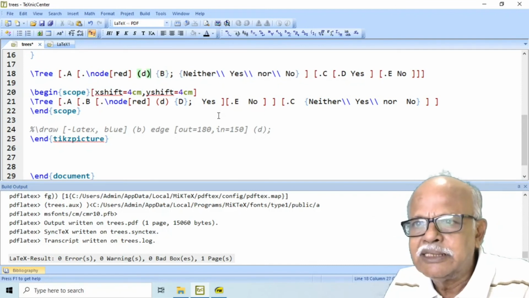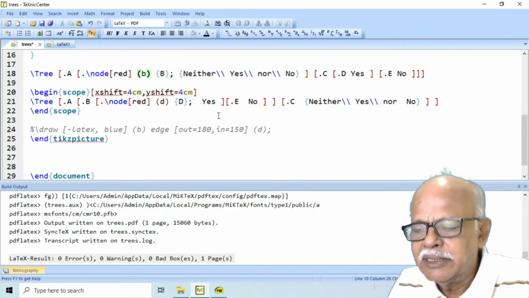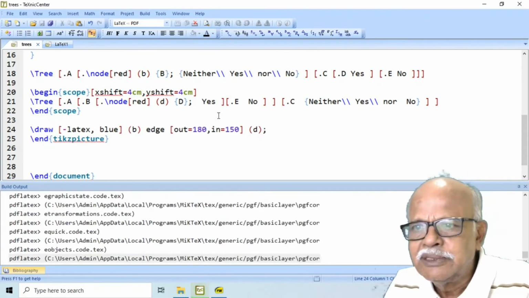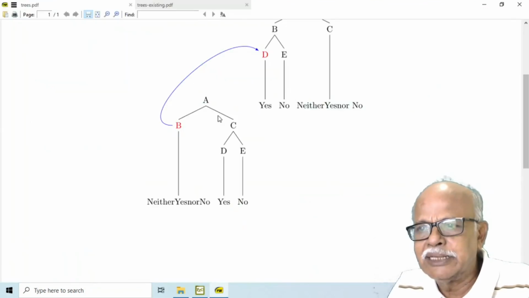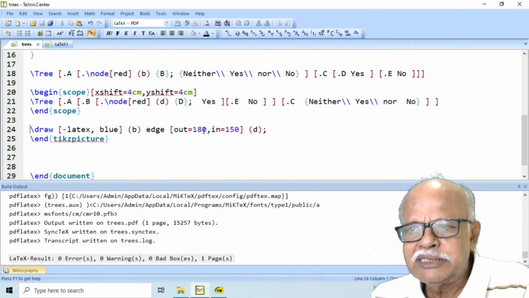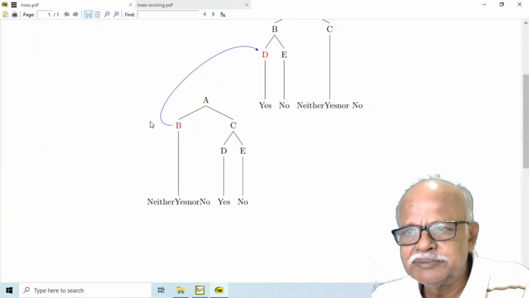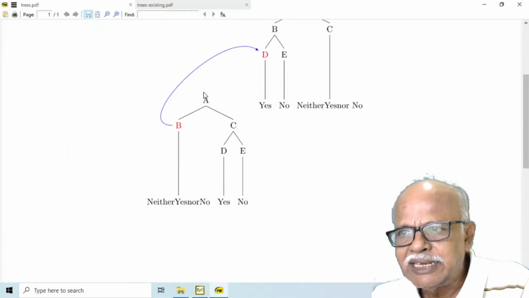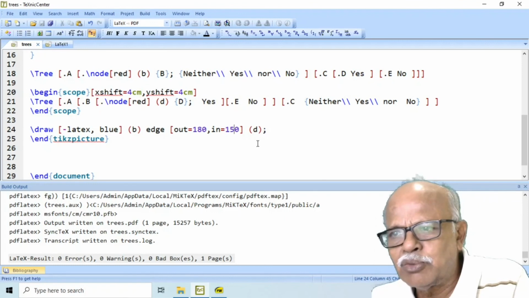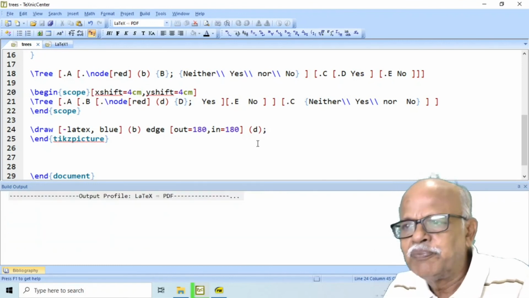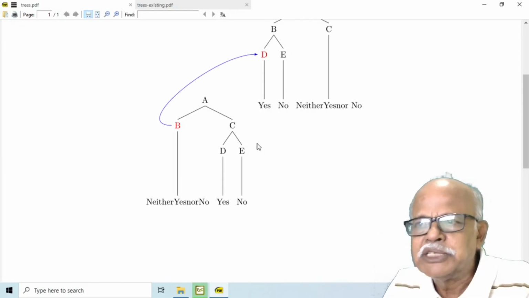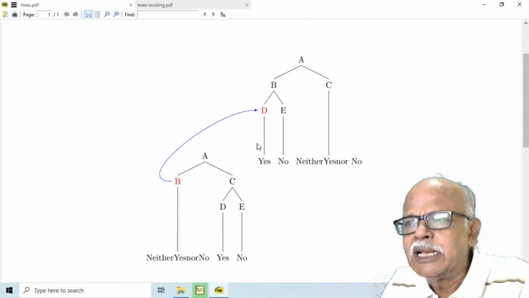I will say this is B. Then we can draw a line from B to D like this. The angle at which the line leaves is 180 degrees. The angle at which the line arrives is 150 degrees. Here also you can have 180 degrees. Or you can change it suitably as per your liking.